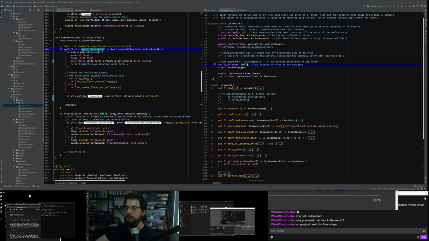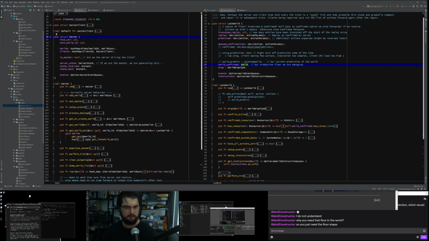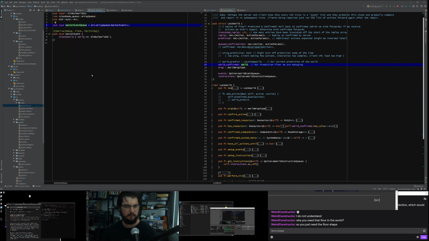So the hacky way would be to have two queues. One queue contains a list of things that we're trying to send out into the sector, and another list that contains the stuff we're trying to get back in. And it's written from the event. That would be one way of doing it. I can't think of a better way to do this right now. I'm just going to hack something up and then we're going to figure it out later. Sector. So we already have a sector event queue. What did I put in there? Create world.